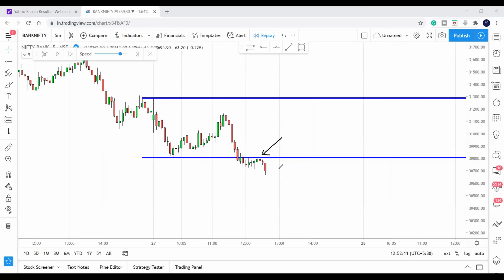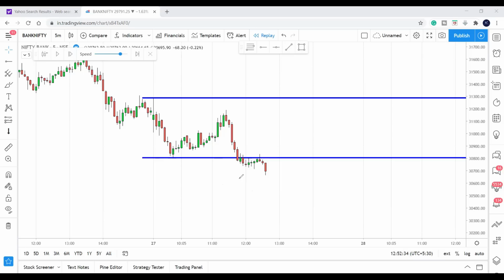So this is the bearish sign, right? That is what I said. This was the support. Once it is broken, next time it acted as a resistance. So that is what in technical analysis is called support will become resistance once it is broken. Support is broken here, next time it is a resistance.